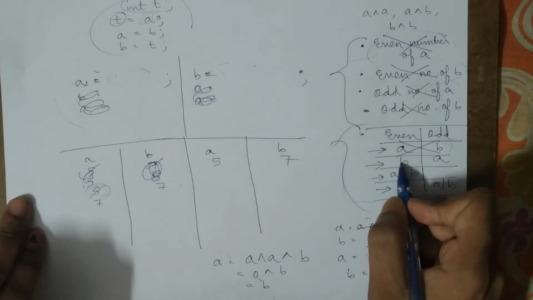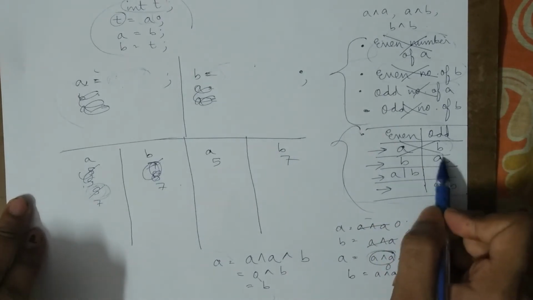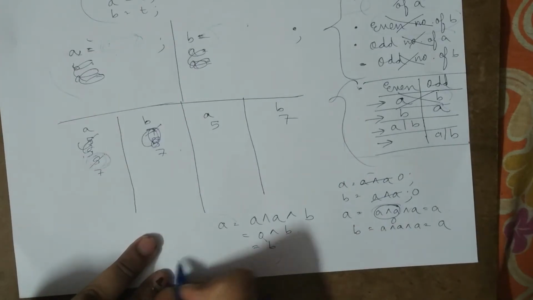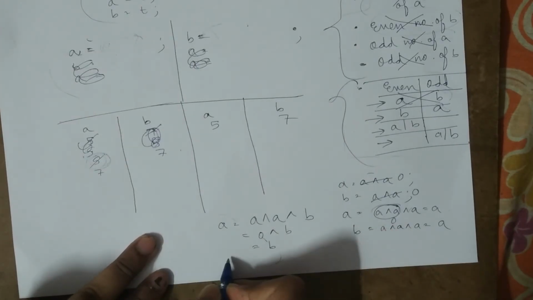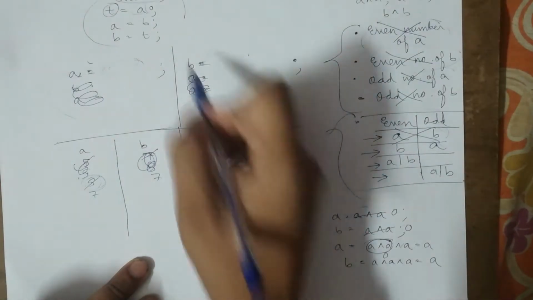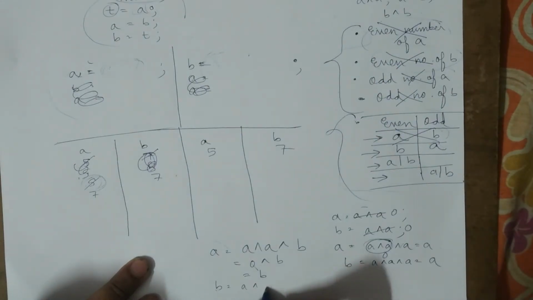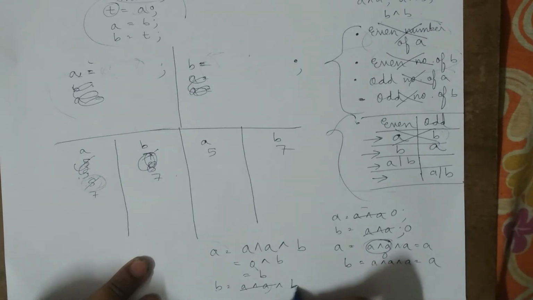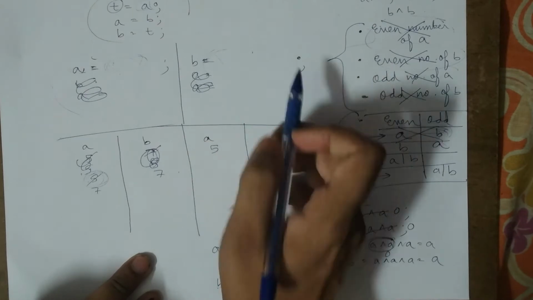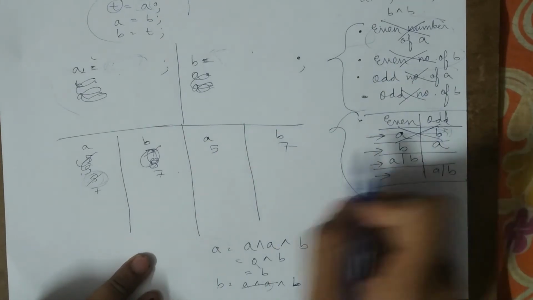And now if we are taking b even number of times and a odd number of times, then similarly the same thing will happen, okay. That if I write something like this, that okay, so we had written a is equals to b. Now for the right hand side of the equation, if b equals to a or b, this would have been also made for, I'm talking about this part of the case, that b will be equals to b, and similarly this would have been also useless. So overall this case is useless.